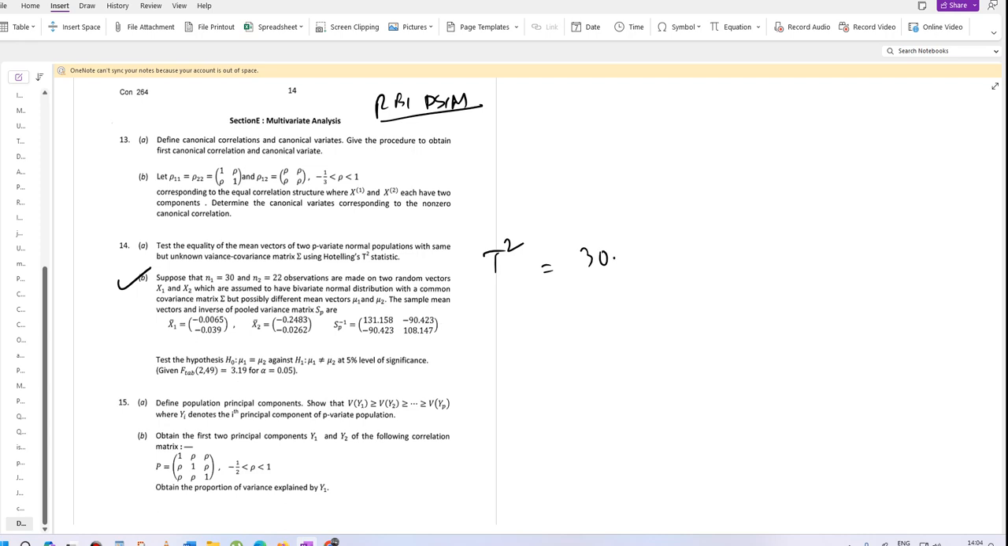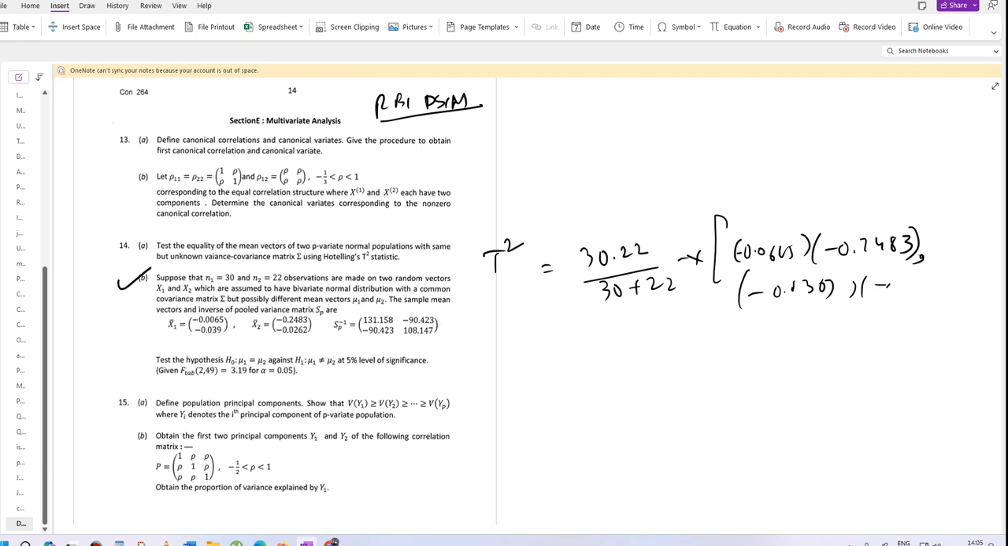is 30 times 22 divided by 30 plus 22, into 0.665. So that's a different set of values we are forming, 0.039, and the other. Okay, so this will give us